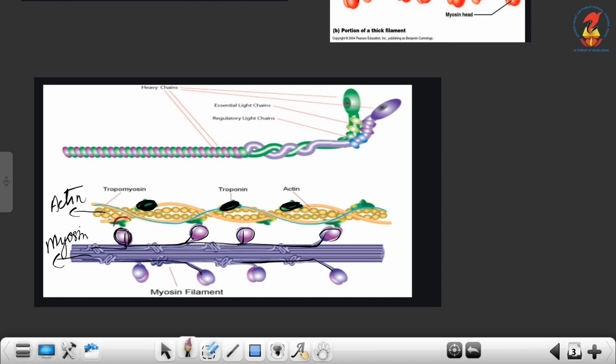So if it is removed, I will make it like a cup, a vacant space, and into this vacant exposed site, the active site, the head is going to bind. See, all the heads are going to bind. So this is going to play a very important role in contraction when we will be learning in the next video